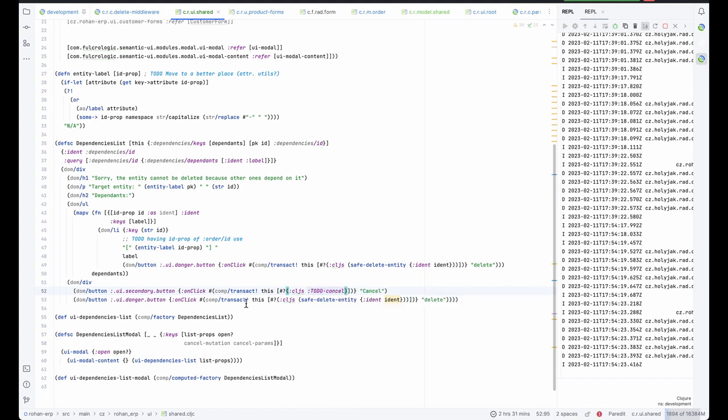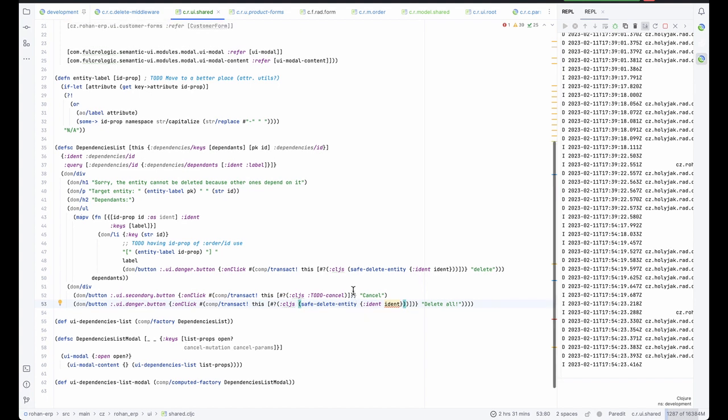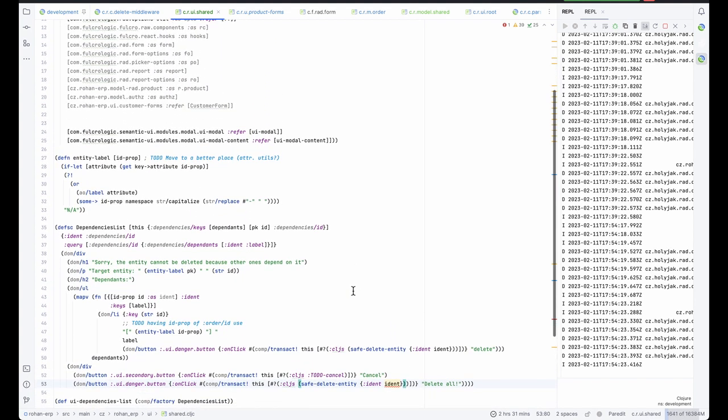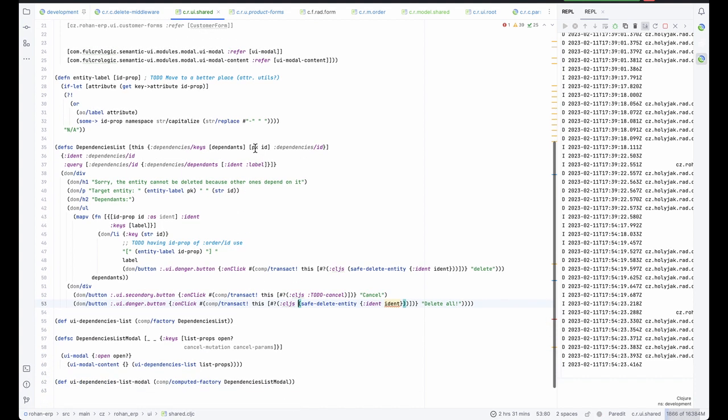Or I might want to, right, and then I would have some. I could actually do the original delete. Let me, right. And add some option like